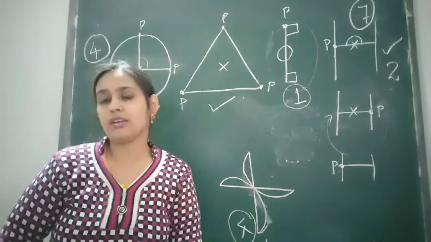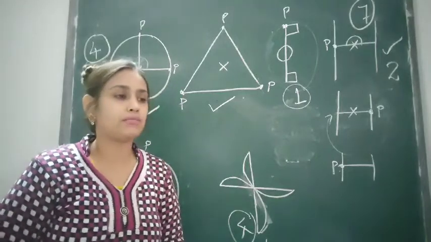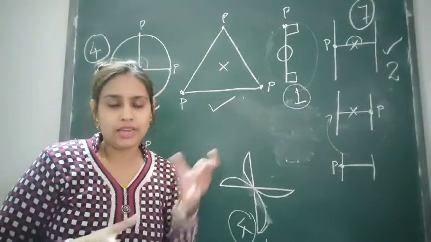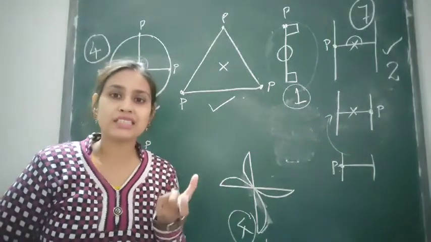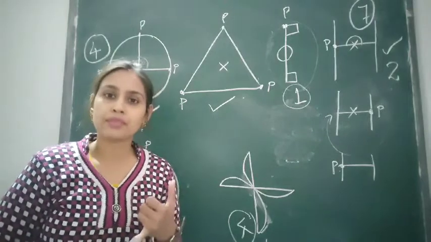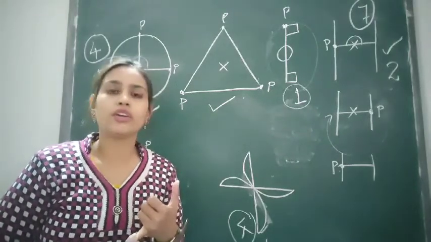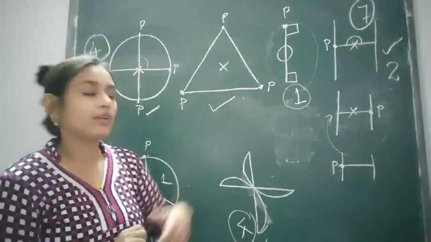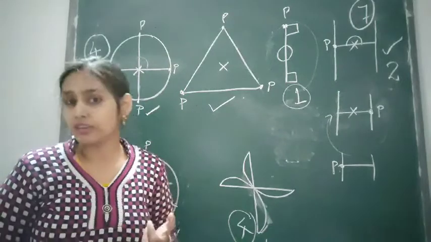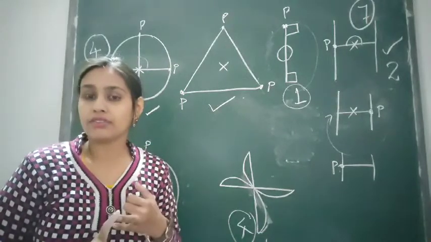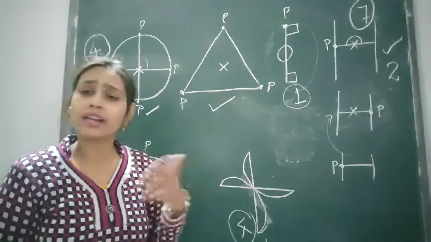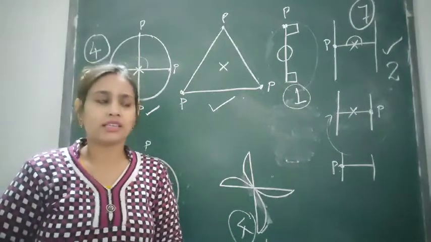Okay, as you see, rotational symmetry is very simple. Only you have to see on rotation the diagram or the figure has to be similar. Then there are certain figures which have only rotational symmetry, like for example an equilateral triangle. Then some figures have line of symmetry, like for example you can take any rectangle. Okay, rectangle, let's take a rectangle.